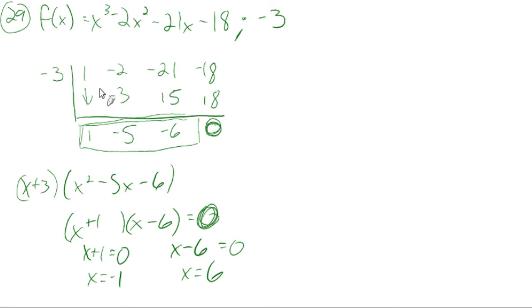Because, as we talked about, when we do the synthetic division, that means that the original divisor, x plus 3, times the result should be equal to the original polynomial. So to find the zeros of this guy right here would be the same as to find the zeros of this polynomial,